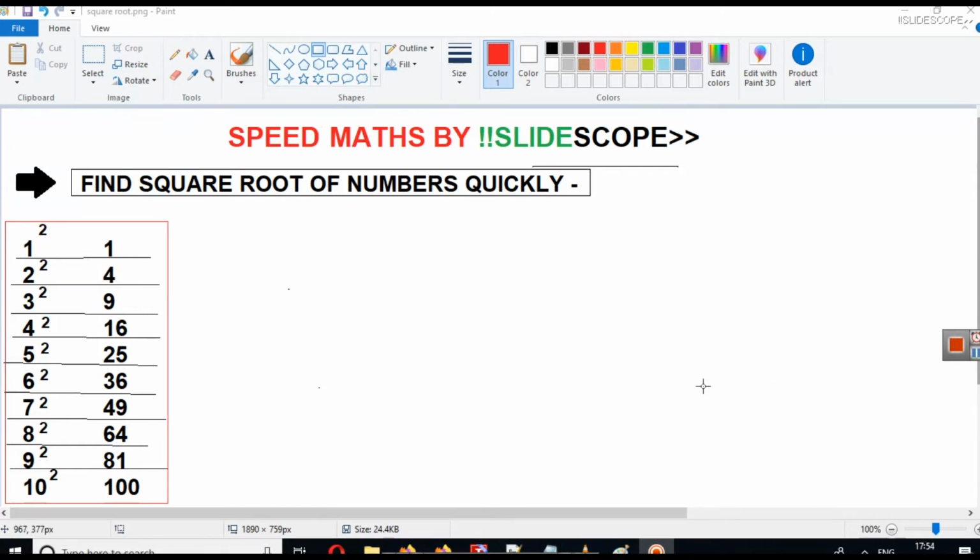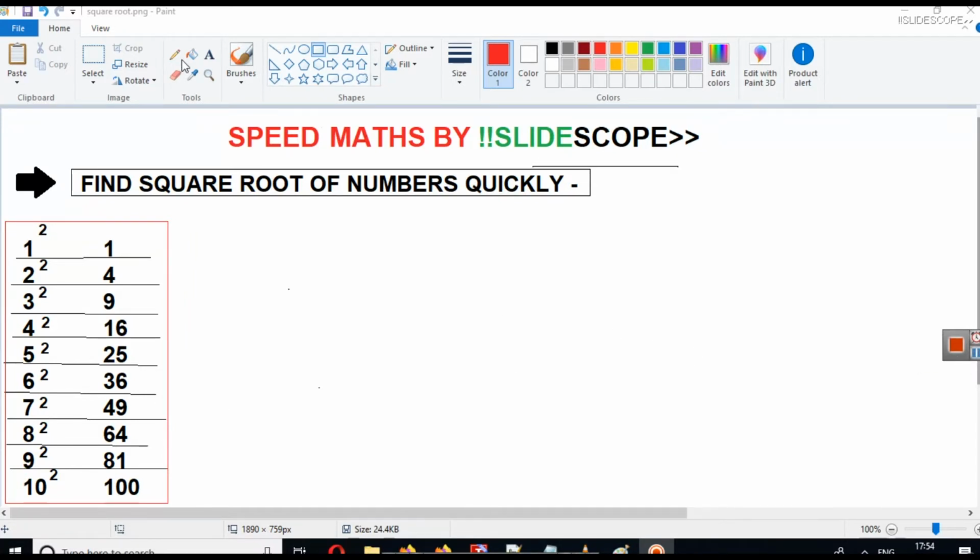Now if you are preparing for government job examinations or any type of examination, then remembering squares up to 25 or maybe 30 is really necessary. It will be really helpful in calculation of square roots, and in calculation of squares quickly. But as a starting point, you must remember squares up to 10.